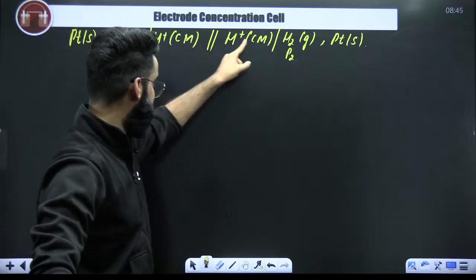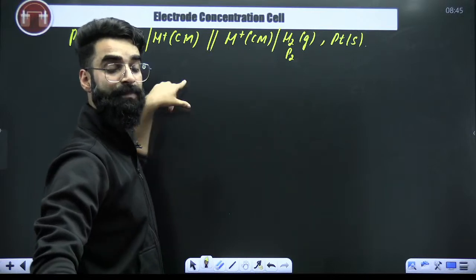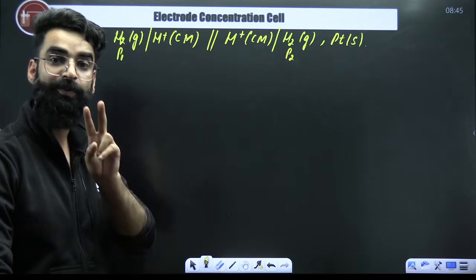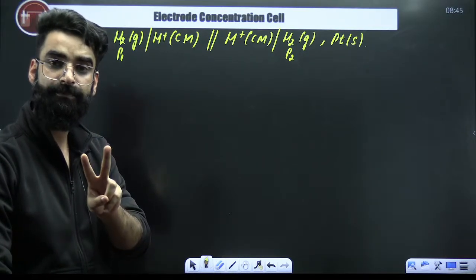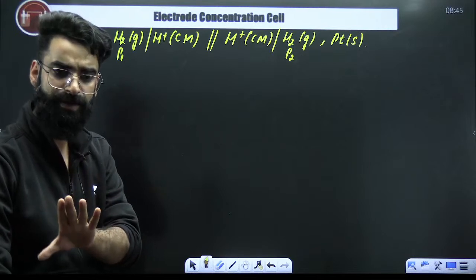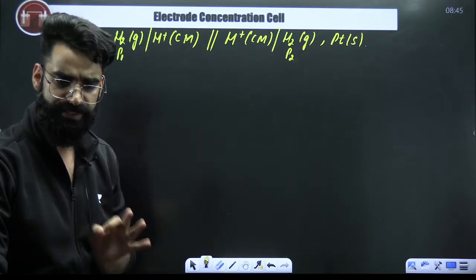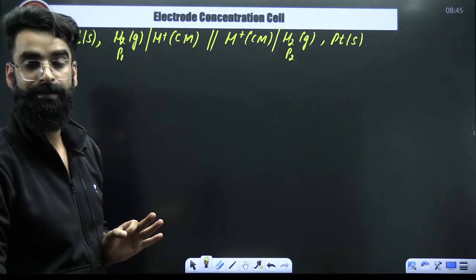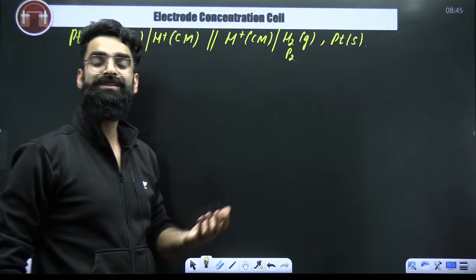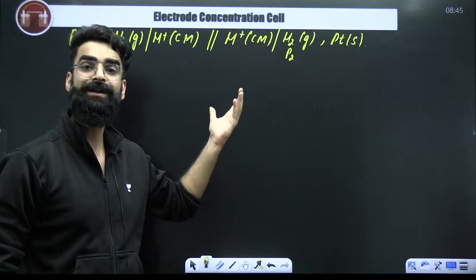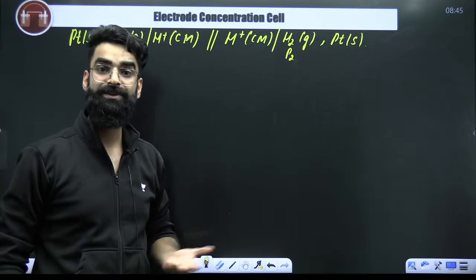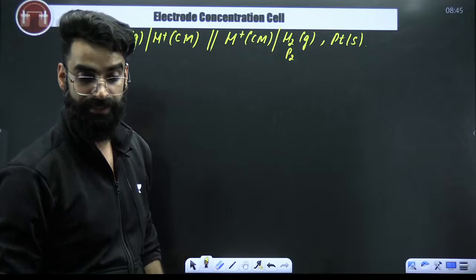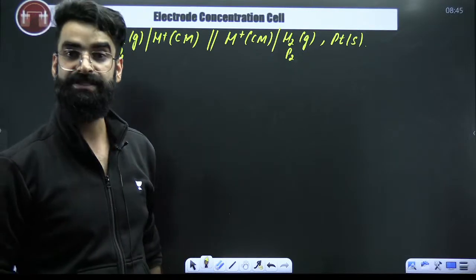Now, is the concentration same or different? The concentration is same, but partial pressure is different. Whenever you see this kind of cell, in which you will be using two same electrodes, concentration of anode and cathode will be same, but partial pressure will be different. My dear students, you will be calling this particular cell as electrode concentration. Now, what condition this cell has to follow so that it can behave like a normal galvanic cell, so that the direction of current will be from cathode to anode, so that the cell reactions will be spontaneous. Let's try to make those conditions as well.